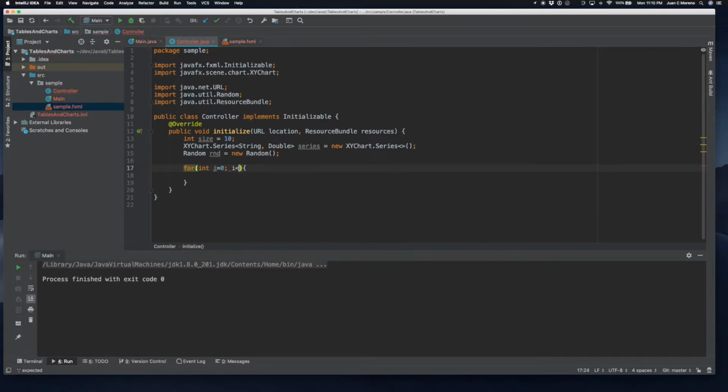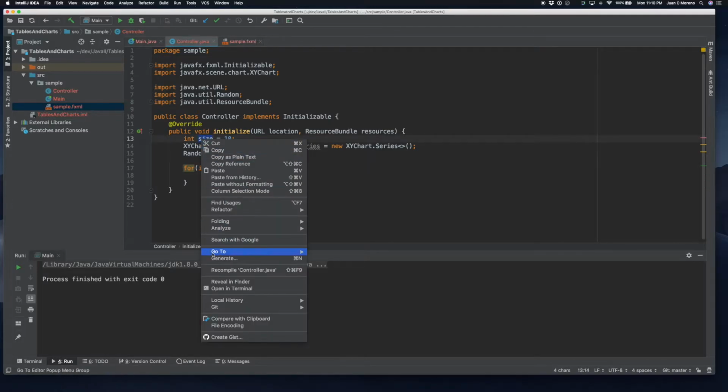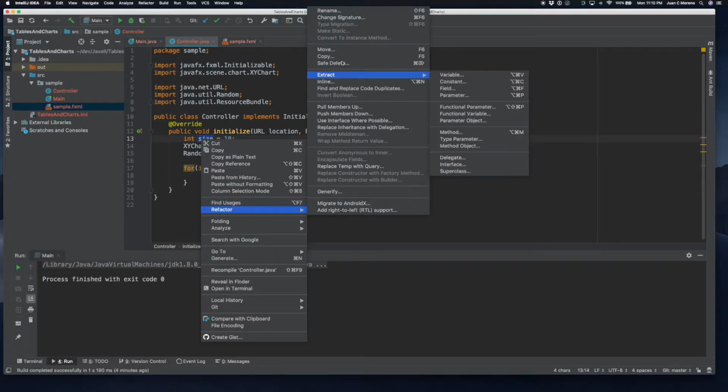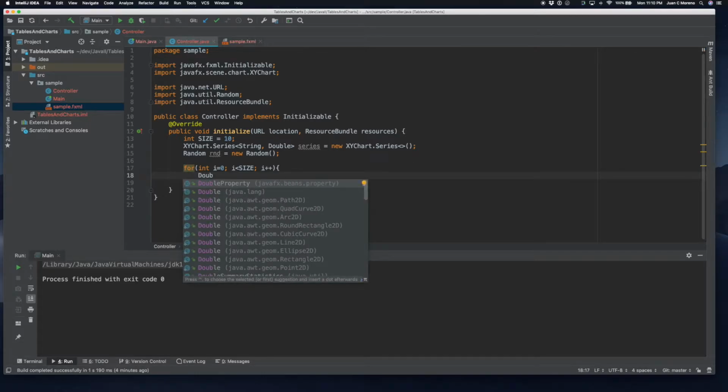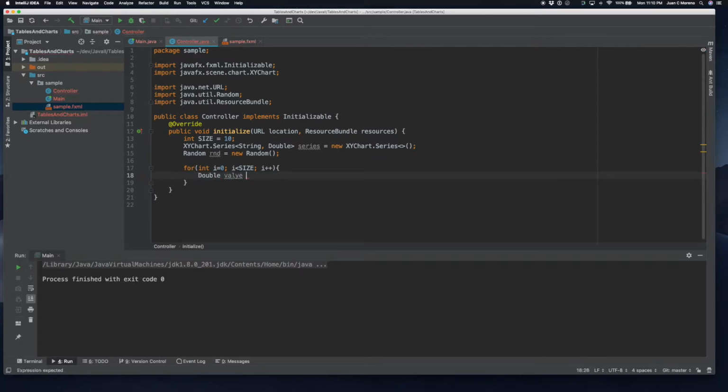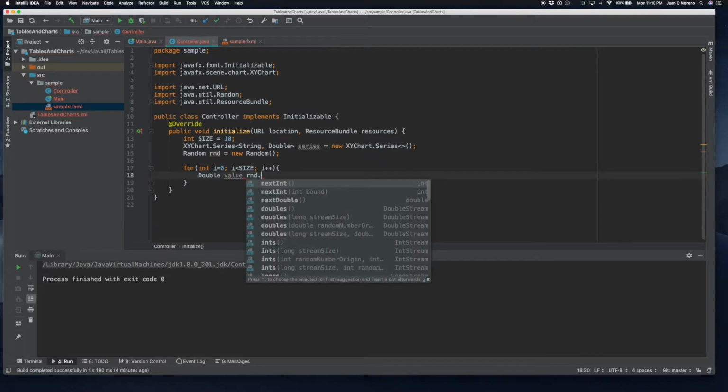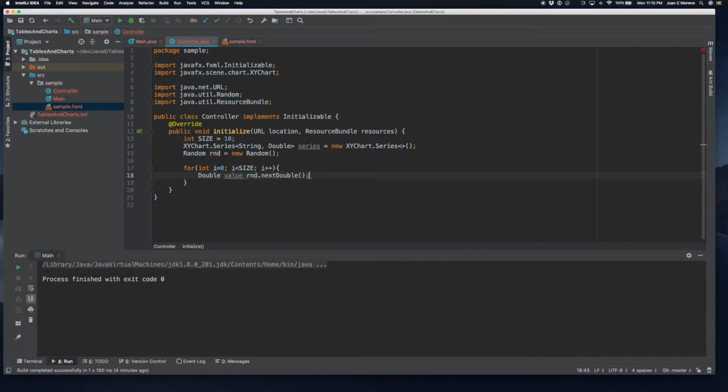So I am going to put, we'll just put size, and since it's a constant, let's just refactor it to the proper uppercase constant convention, and we're going to generate a double value equals rnd.nextDouble, and then